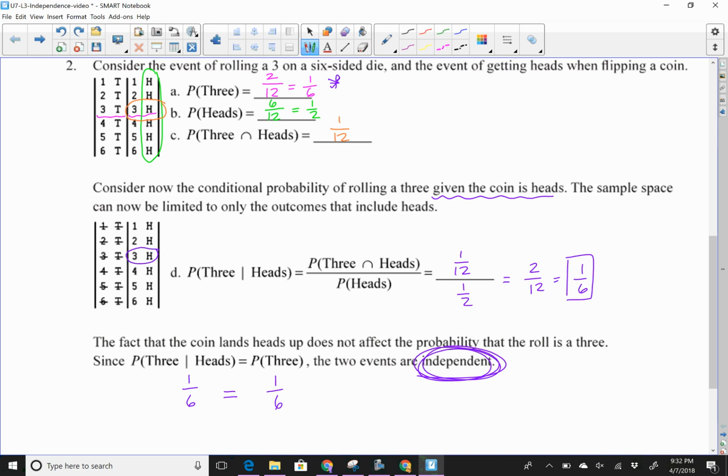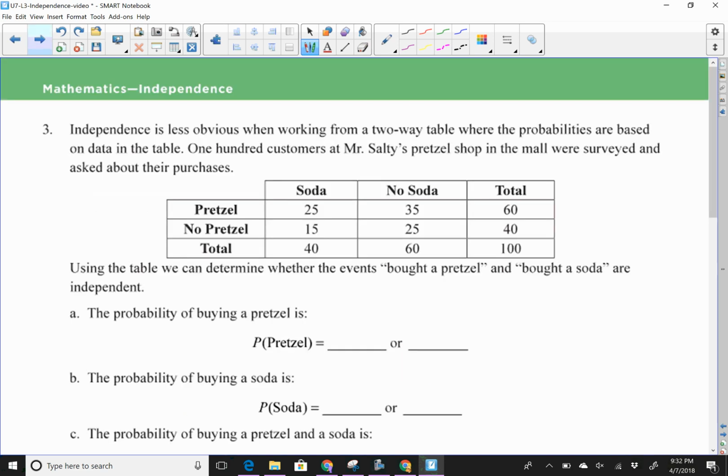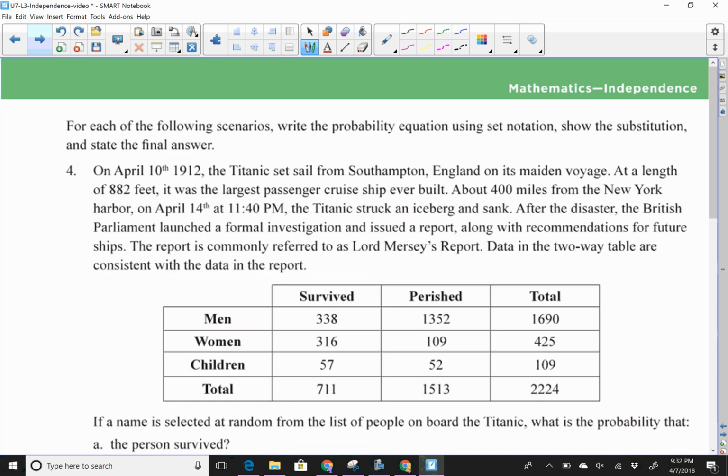If you have to figure out whether two events are independent or dependent, you're going to want to figure those things out. So you're going to read through the rest of these packets. The one on the next page has to deal with buying a soft drink and a pretzel, and whether or not they are dependent or independent events. When you turn the page again, we have a wonderful problem about the Titanic and whether or not being a man, a woman, or a child had any effect on whether you survived or perished in the